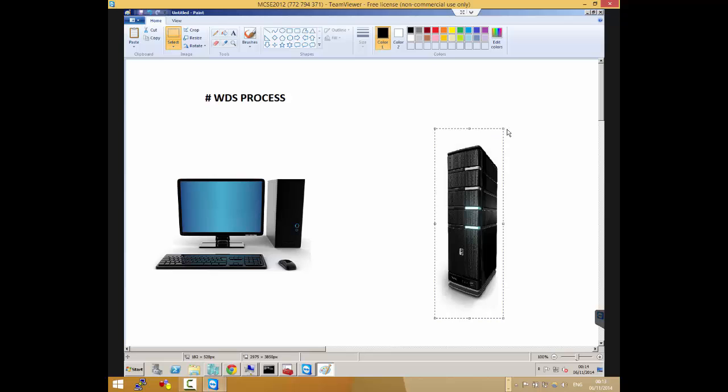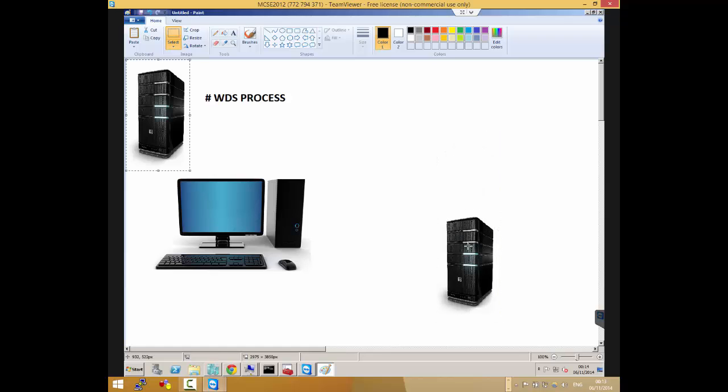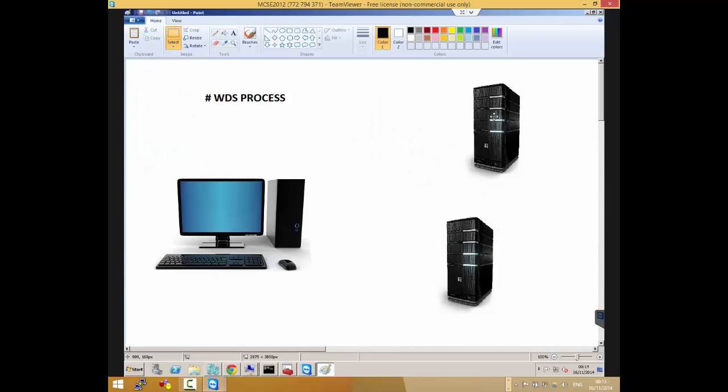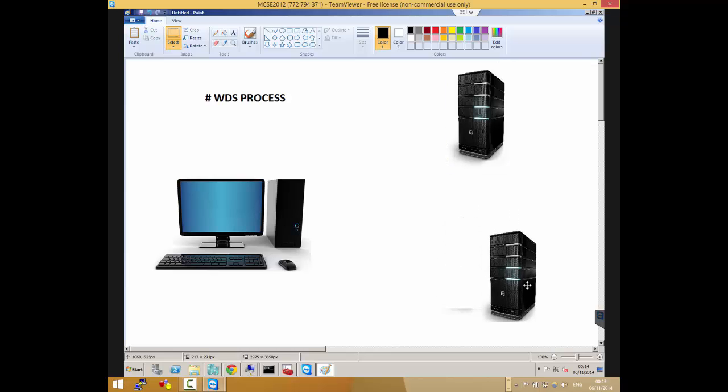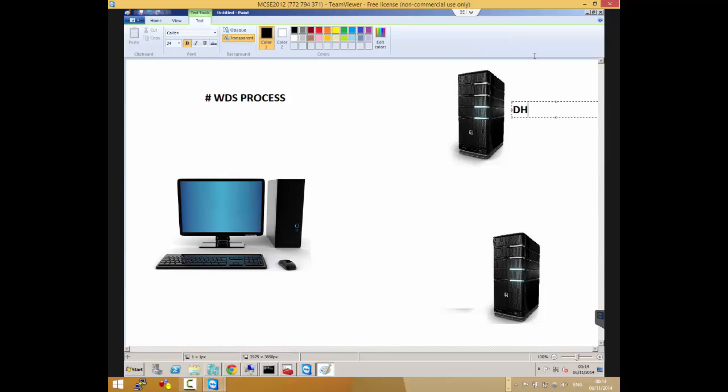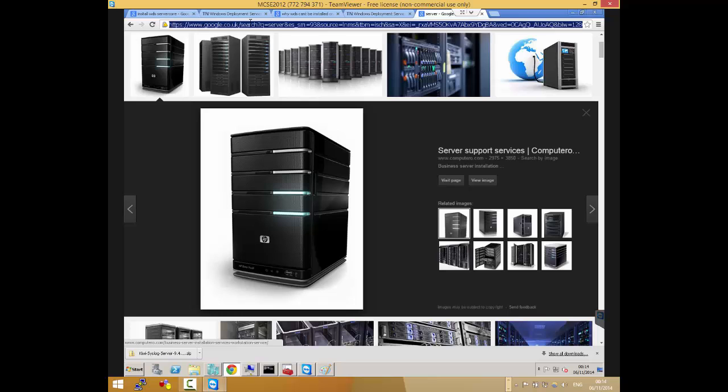Okay, so we have our servers on our network and a client computer. Let's say this is my DHCP server and this is my WDS server. This one's got DHCP, maybe with AD installed on it. This one's got WDS installed on it. And then of course I have my switch, maybe my Cisco switch.